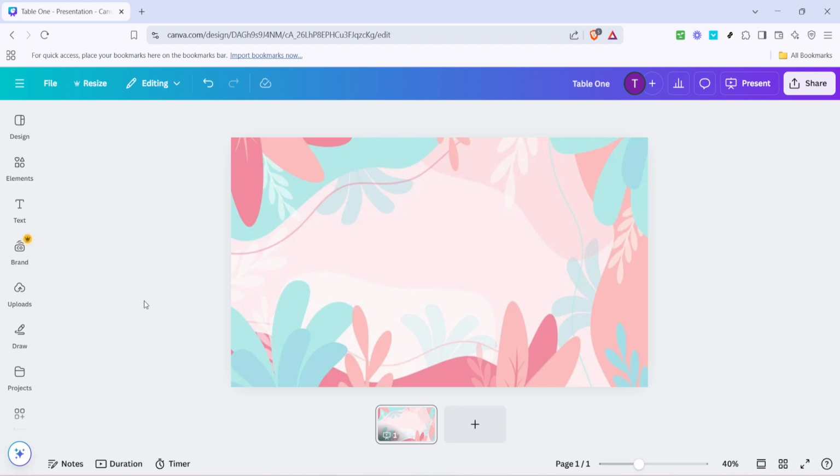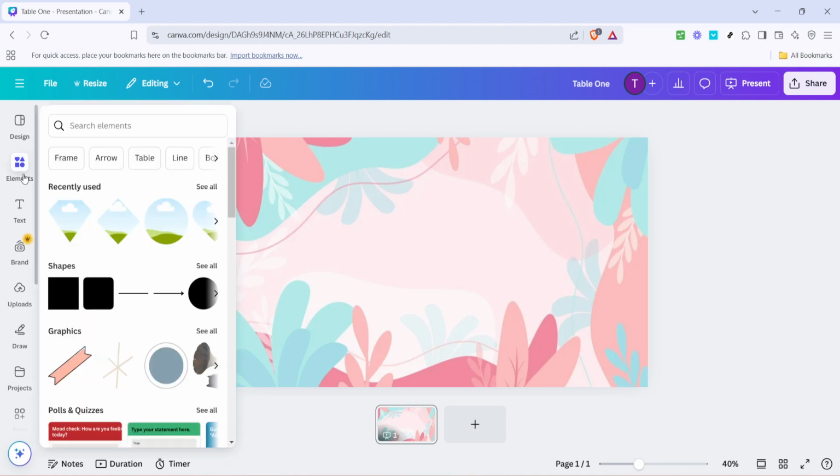First, you'll want to open Canva and start a new design project or open an existing one. Once you're in the design space, look over to the left-hand side of your screen. Here you'll notice the sidebar where you can access all the elements you need for your design. Click on the Elements tab. This is where Canva houses a plethora of features including shapes, graphics, and of course tables, which are what we'll